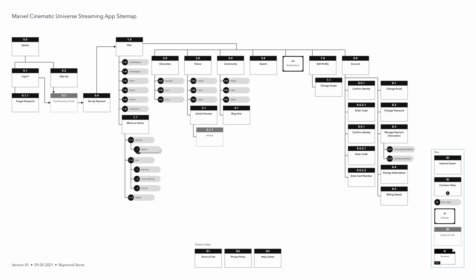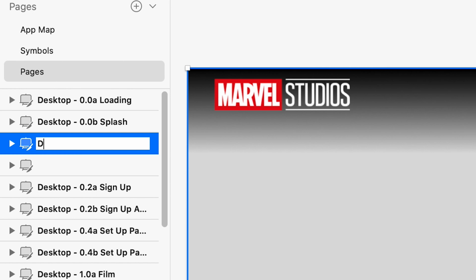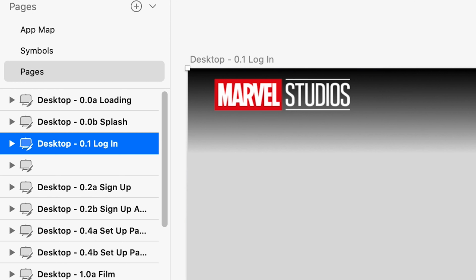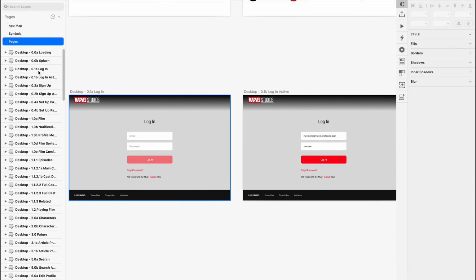run. My first tip is to name your artboards based on the sitemap and the platform you're designing for, if possible. For example, if you're designing for desktop and you're working on the login page that happens to be listed as page 0.1 in your sitemap, name the artboard Desktop 0.1 Login. If there are multiple states of that page, then add a letter to the end of the page number. For example, a login page will have both a default state and an active state that you'll need to illustrate